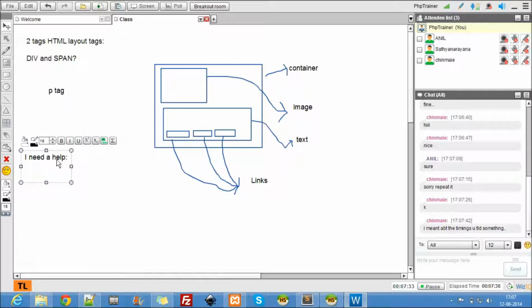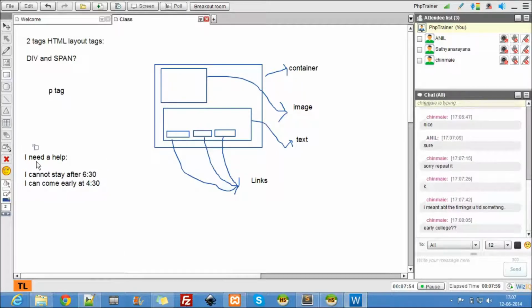The timings, I cannot stay after 6:30, but I can come early at 4:30. So that is about timings.